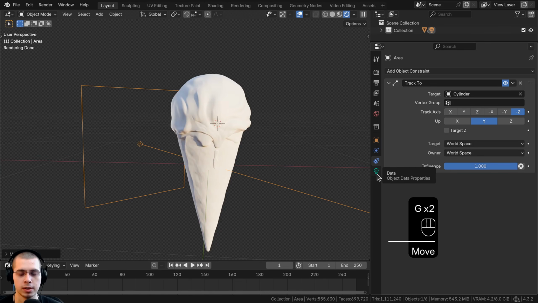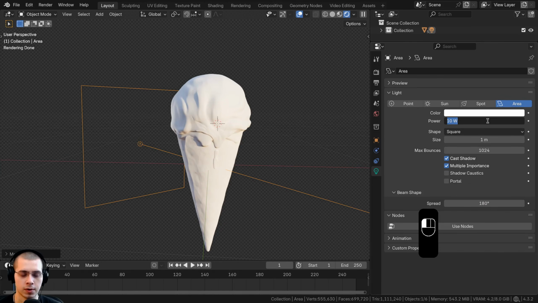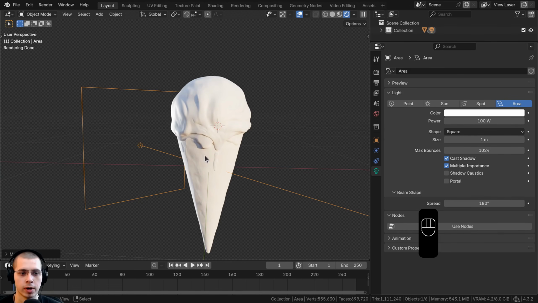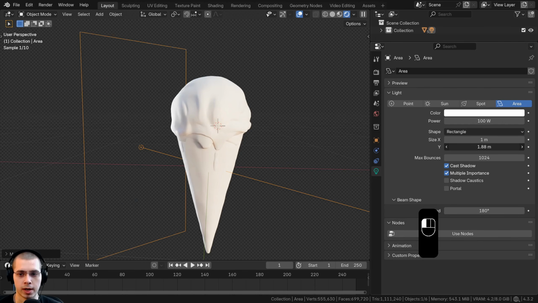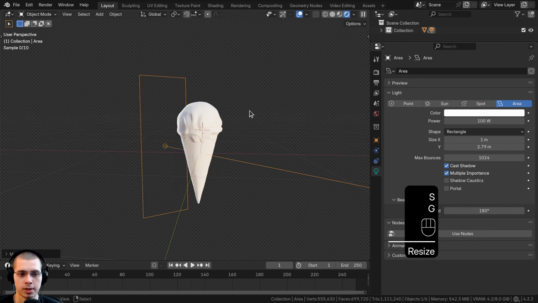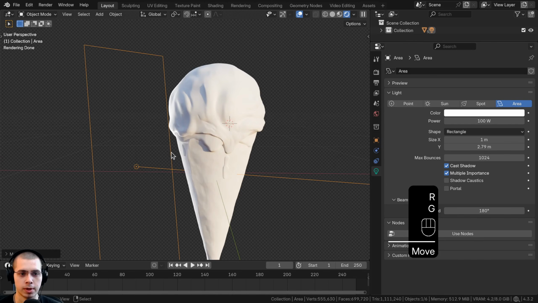We're going to add a rim light. We'll go here to the object data properties, and here on the power, I'm going to turn this up to like 100, and I'll make sure the color is fully white. And then also I'll click on square and change this to rectangle, and then I'll drag the Y size up and maybe scale the whole thing down a little bit so it's a nice rim light there on the